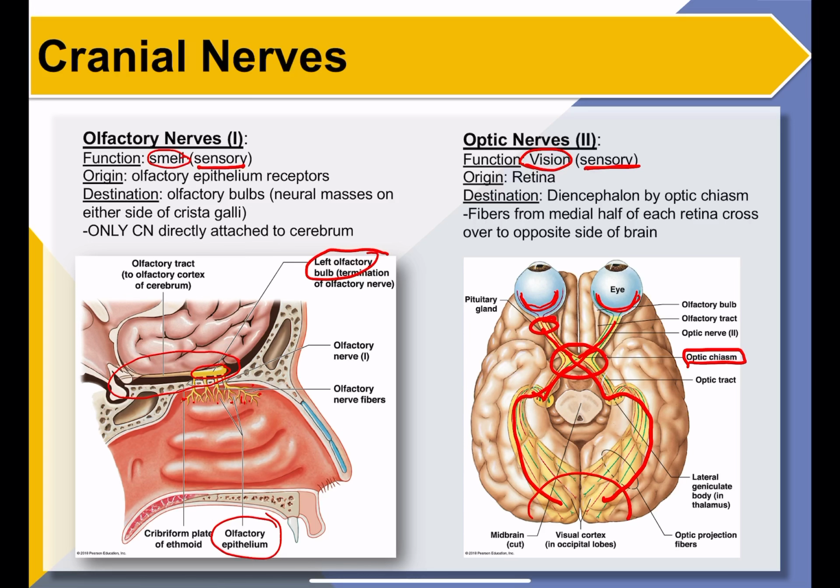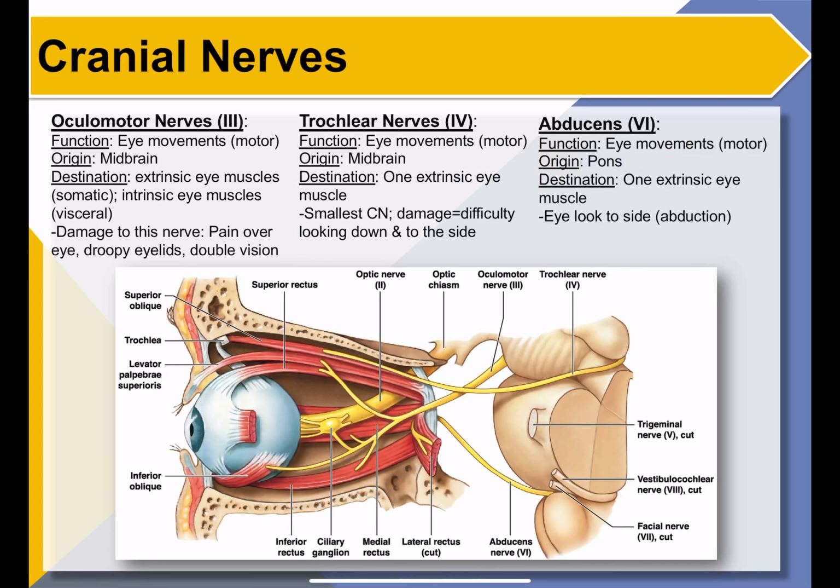of the occipital lobe. And that's why they say that the information coming in from your right eye actually goes to your left brain, whereas information coming in from your left eye goes into your right brain. And then the 3 nerves here are associated with eye movements, okay? And I'm not going to be very particular about which direction of movement or which particular eye muscle this particular cranial nerve is innervating, okay? I know A&P is a lot of information already, so I'm not going to require all those other details,